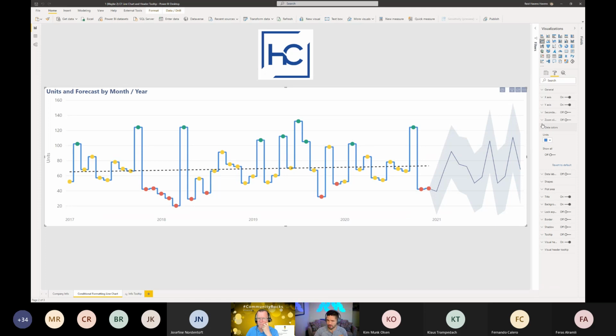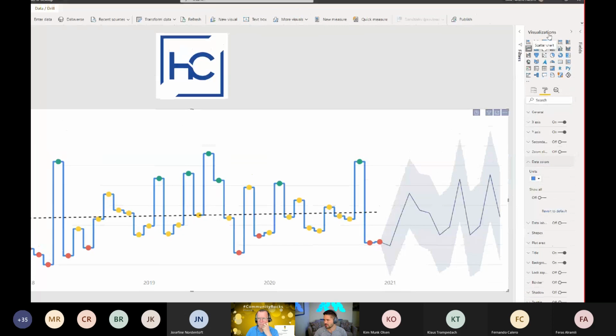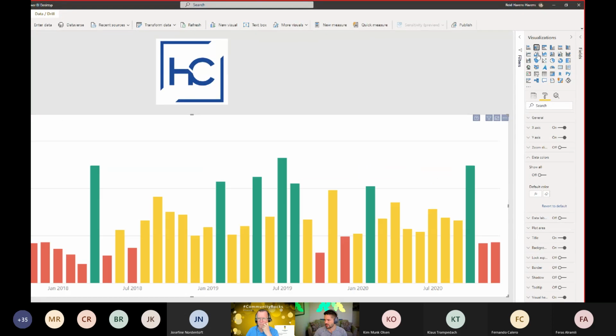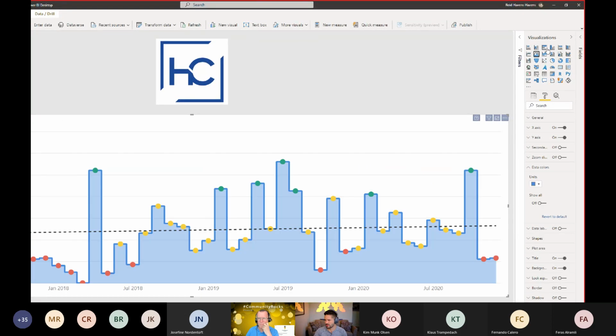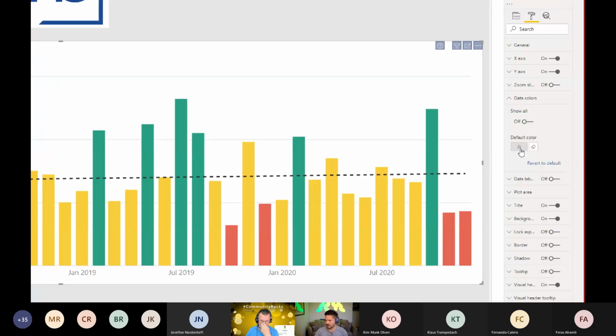Now the trick comes from kind of a happy accident that I stumbled across. One thing in Power BI that's really useful is that you can start from another visual and you can quickly swap them around. Just to give you kind of an example, zoom out a little bit, I can very quickly just swap this with other types of visuals. So I had actually started with a column chart, and there is an f of x symbol down here in the corner that allows me to actually apply color logic to the bars.